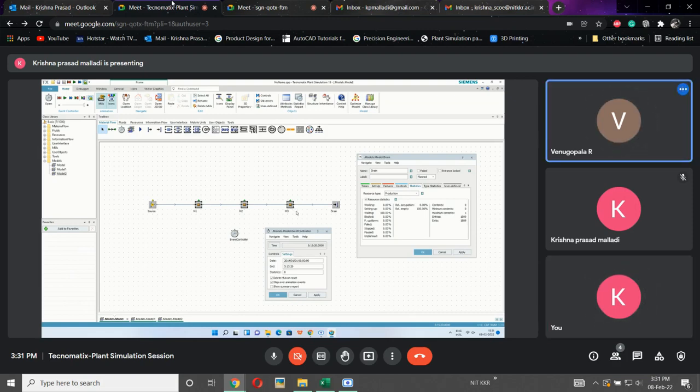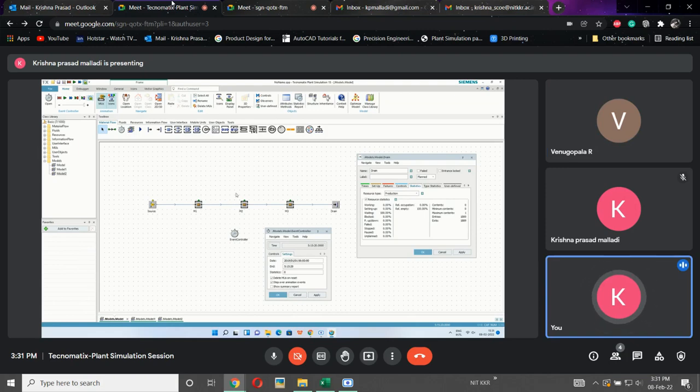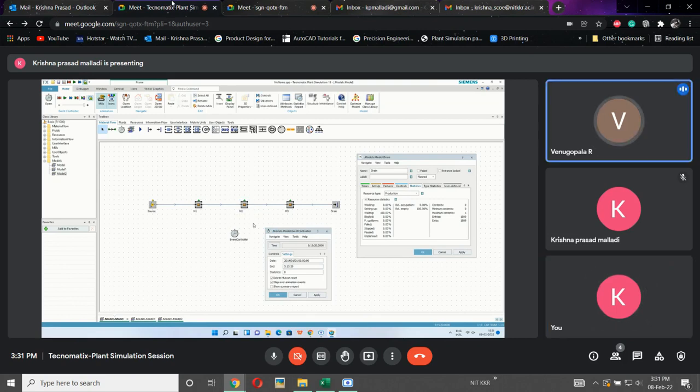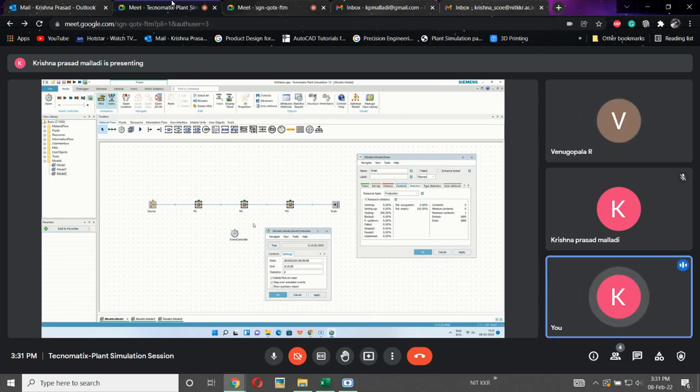Let us consider a drilling application. M2 is like a drilling application. At the given time, the drill tool is in the middle of the operation. Now the time is done, so the machine will go back to its home position and everything is stopped. The material will be left half worked, and we cannot do anything further. So this is a failure. This is called WIP inventory, work in progress.